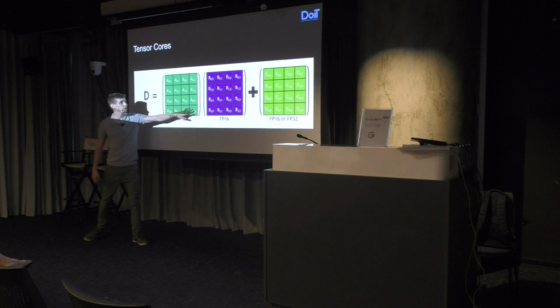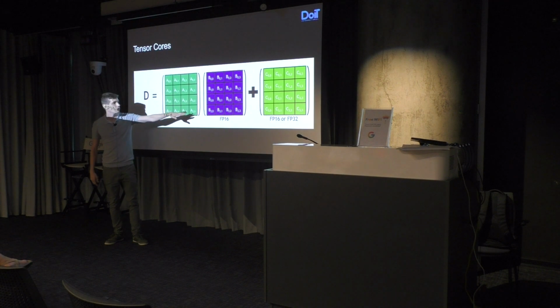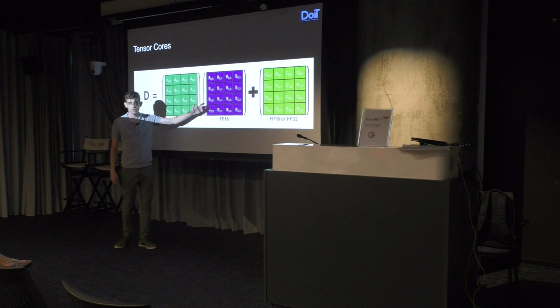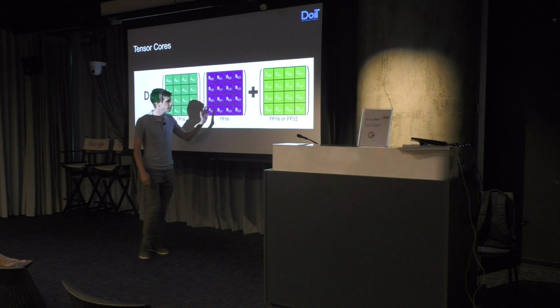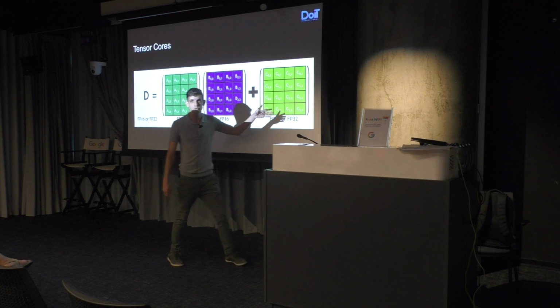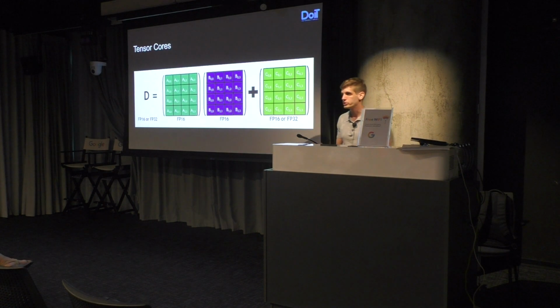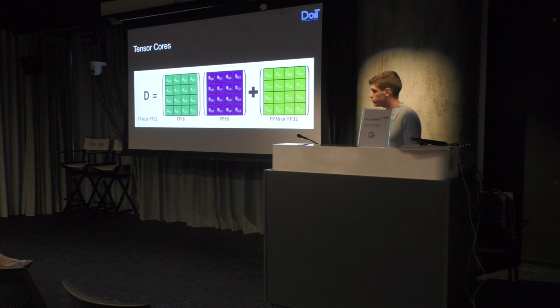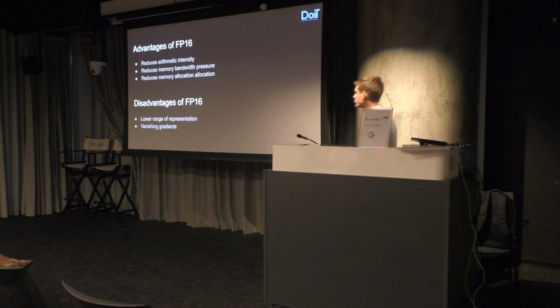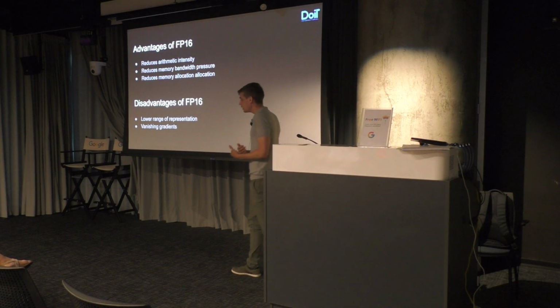It's multiplying a matrix of weights by a matrix of gradients or something like that, and adding them to a running sum. So it's really highly optimized for many of the operations that are running in the background when we're training deep learning networks. So why did NVIDIA choose